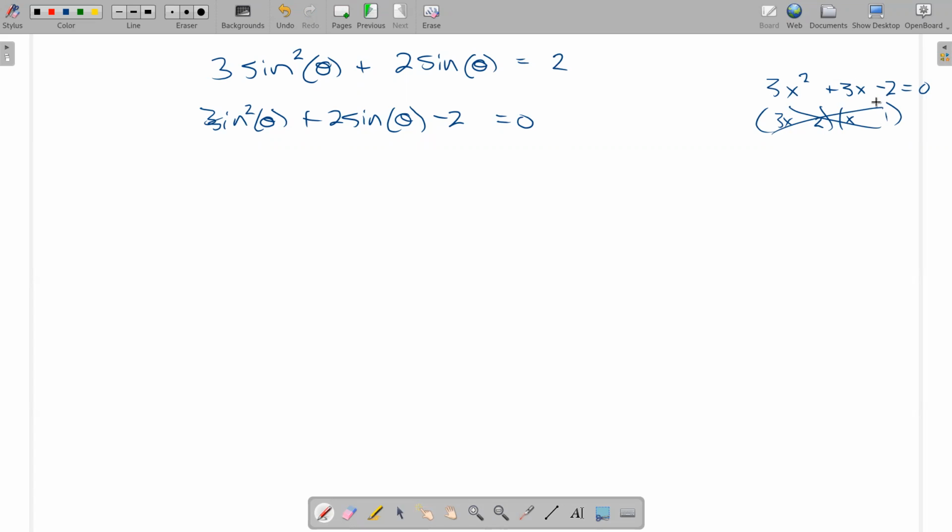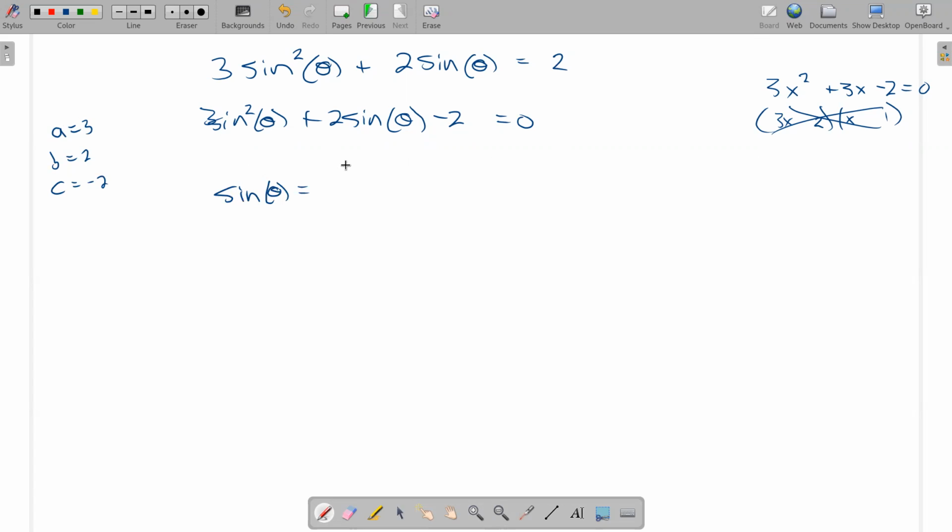So if it doesn't factor, what do we do? I could complete the square. I could use the quadratic formula. Generally, we're just going to use the quadratic formula. So for the quadratic formula, I have a equals 3, b equals 2, c equals negative 2. Usually for the quadratic formula, we write x equals, but here my x is really a sine. So I'm going to have the sine of theta